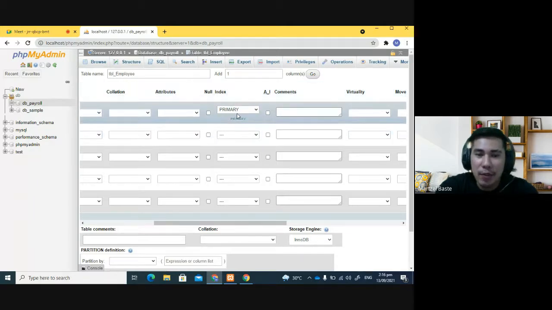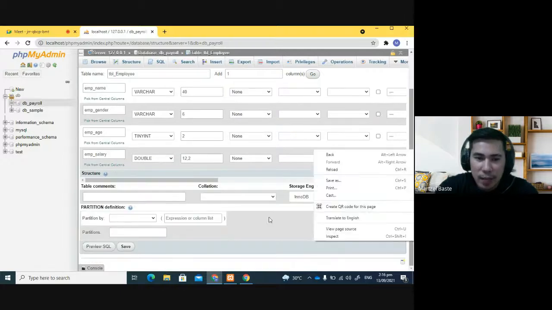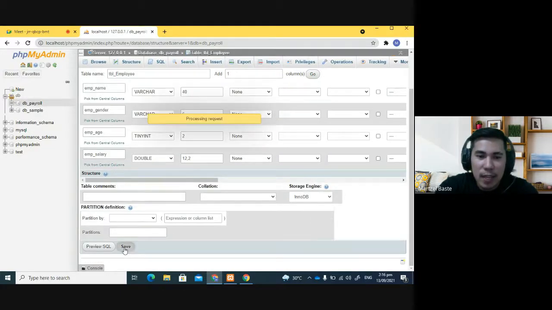Mo man isa sa pinaka-importante sa isa ka table. So primary key means unique, at the same time dili mag-change. So when you click save,